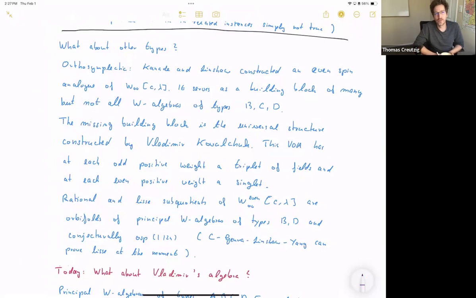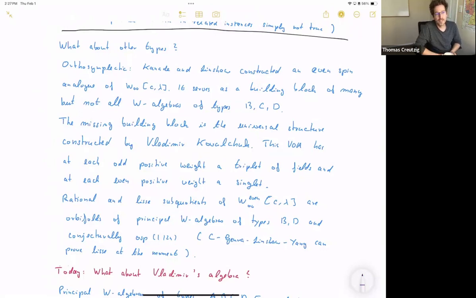But then if you go on with this motivation, you would of course also ask, what is it good for? And well, I said, one thing it is good for is that you can now look at when your building blocks are rational, to see when your extended building blocks, your extensions, are rational. And for the even spin, the rationality is definitely more interesting than in the type A case. So one has the principal W algebras of type B, C, D, where B and C are Feigin-Frenkel dual, so I don't have to write C here. And they are known to be rational, and here sometimes there's a Z2 orbifold subtlety.